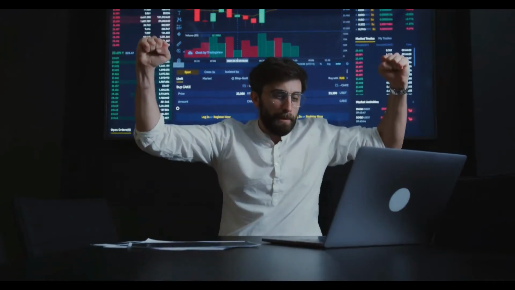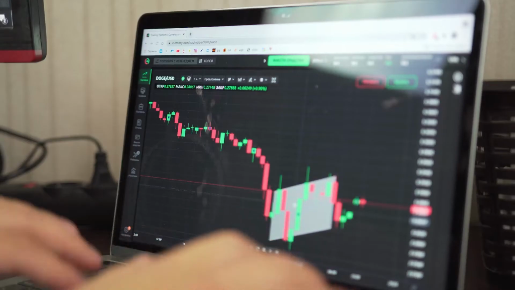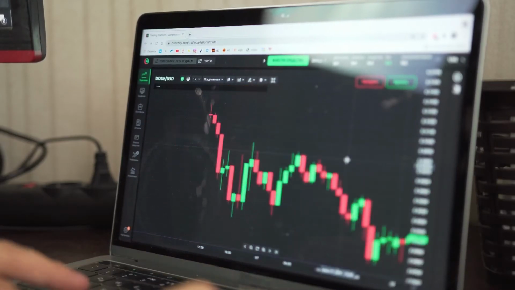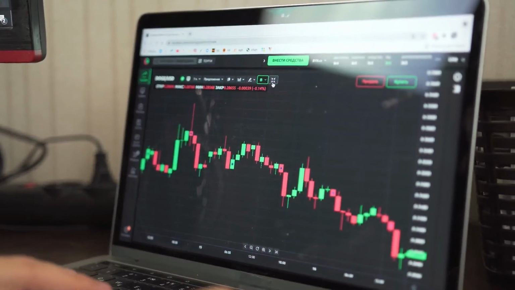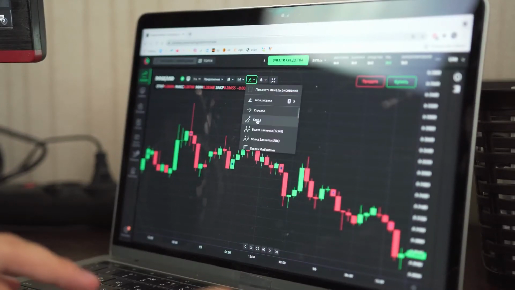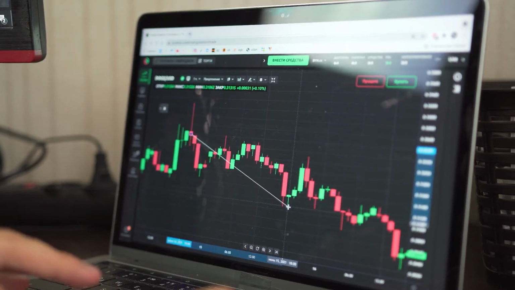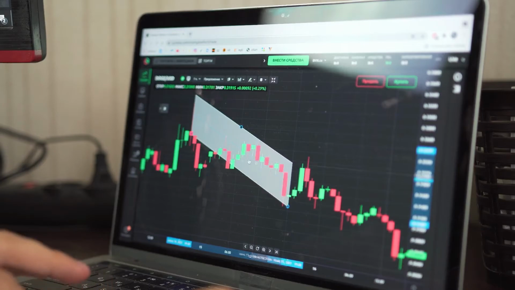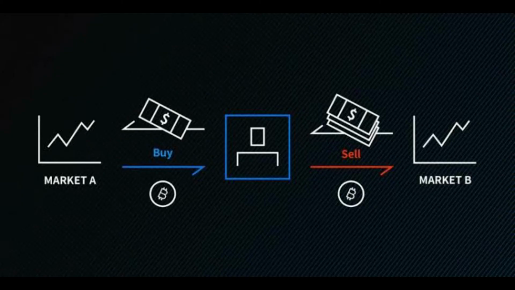There are three distinct ways to do crypto arbitrage. 1. Regular arbitrage, which refers to buying and selling the same digital assets on different exchanges with significant price differences. 2. Triangular arbitrage, which involves price differences between three currencies on the same exchange. You try to take advantage of price differences through several conversions. For example, you buy BTC with USD, sell BTC to ETH, and convert ETH back to USD.